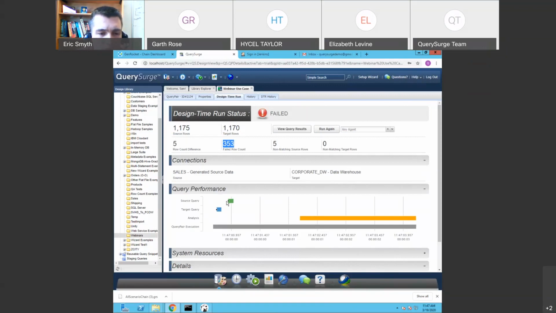And you'll see below you get some basic performance metrics as far as how long it took to run the queries, how long it took QuerySurge to do the analysis. So it took about 3 seconds to do this validation. But of course, what we really want is to know more detail. What actually failed here? So if we drill in to the query results,